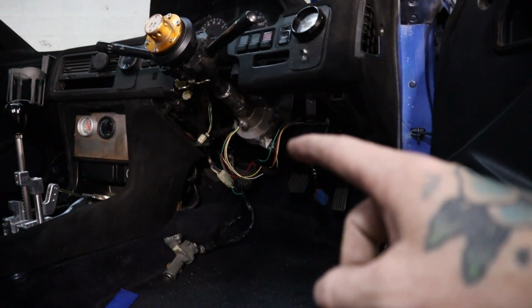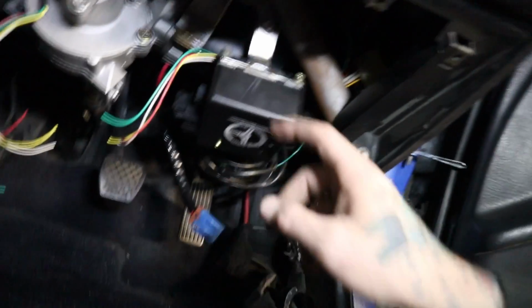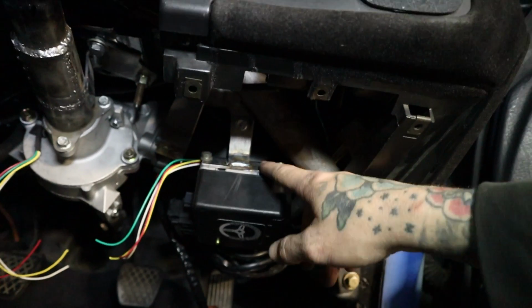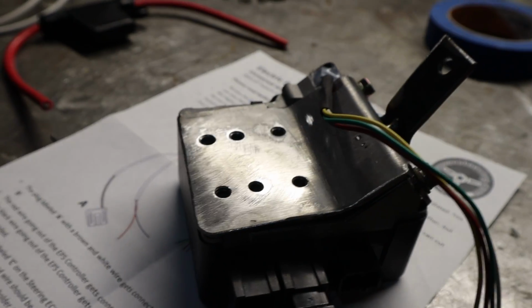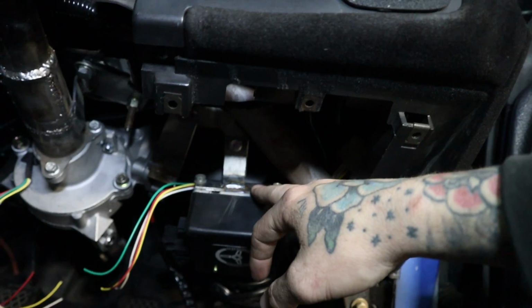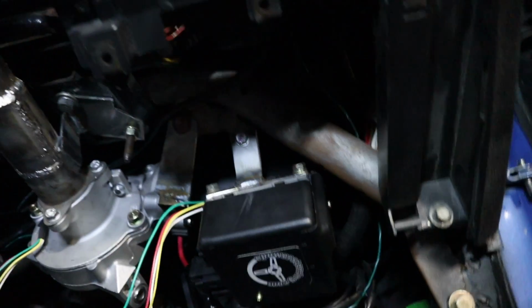So I also forgot to mention, you need to mount your ECU for the power steering. So I just made a little bracket just like that, trying to get the light up in there, but you can see that right there. So basically all I did was I just bent a piece of metal. I just traced it on some construction paper to the shape of the backside of this, and then I bent it to follow it, because it says to mount it to something metal to act as a heat sink. So I don't really know much about heat sinks, so I just made it out of 1/8" plate, and I drilled like 6 holes in the back of it, and then I just mounted it up right here. So you can see that